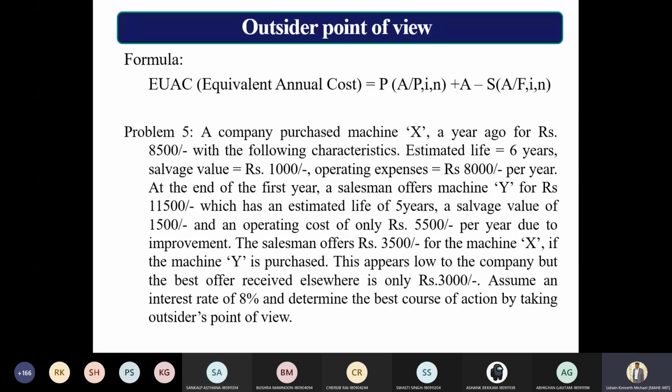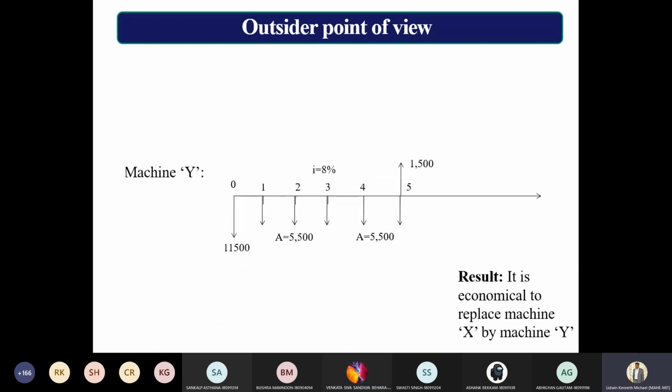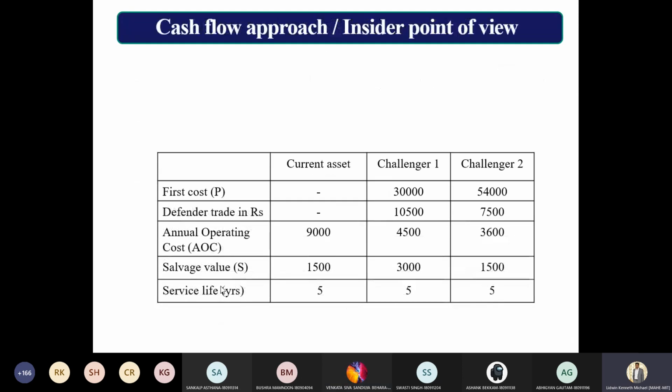Sandilya, please check it once again because... Sir, I used the same value from the table. Okay, one second, don't worry. It is 9,000 minus 15,000. What is that 15,000? 1,500. I think I made a mistake. Yeah, okay, 1,500. Please check that.